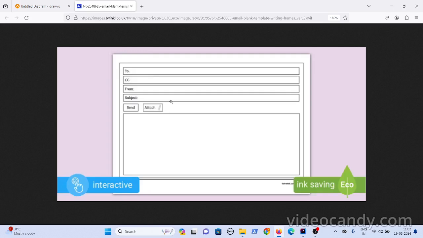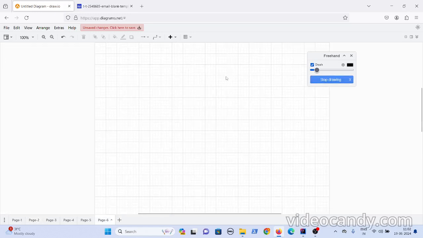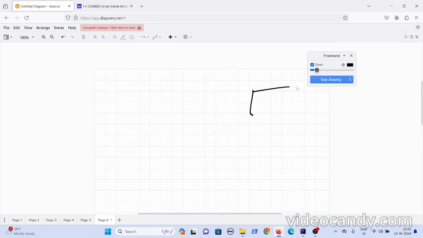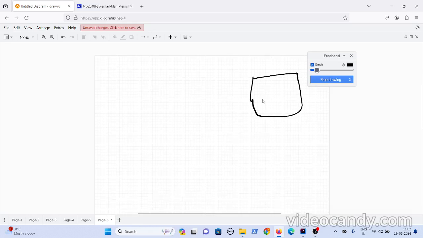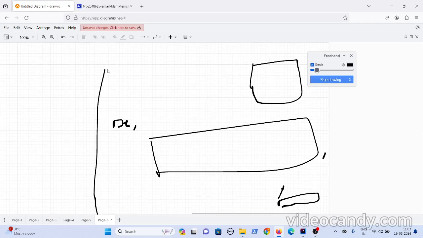Because there is a specific order that has to be followed when you are creating an email template, right? Ideally, if you are drafting an email, let me draw. You will have your address, from, and then here you will have "Dear Sir or Madam", and then you will have your content here, and then you will say "Yours faithfully" and your name, and then you will mention the sender and the receiver details. This is the email template you should follow when you're drafting an email.